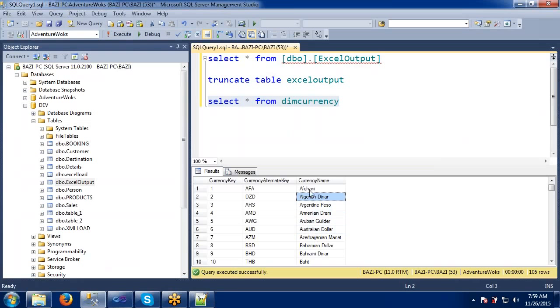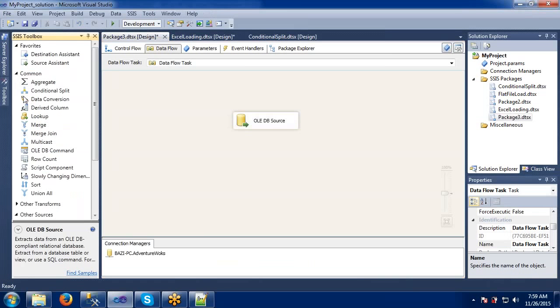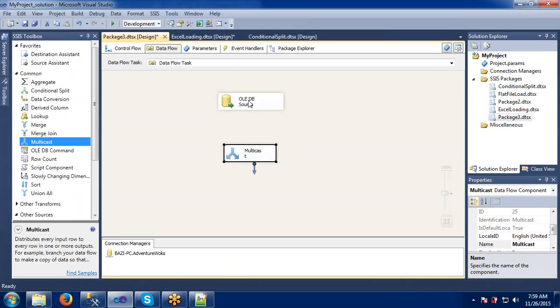Got it? So when I run this package, the same 105 records have to go to the 4 files, the same copy of records. Let's see. For that, we need a transformation called multicasting.